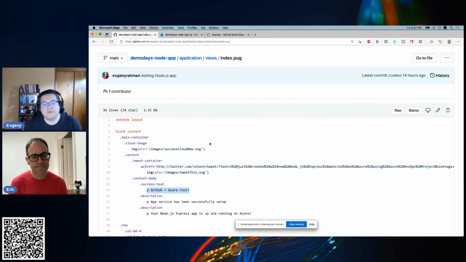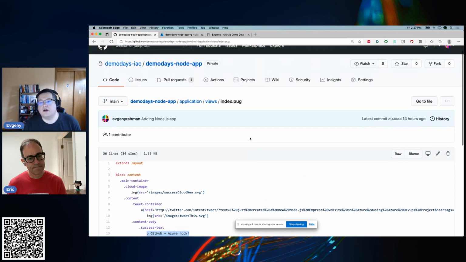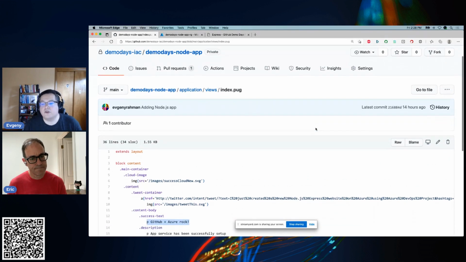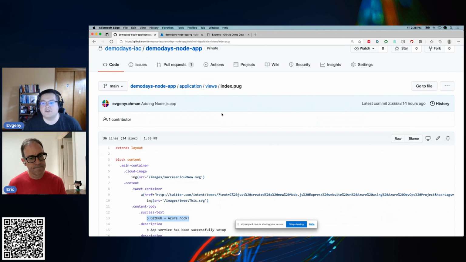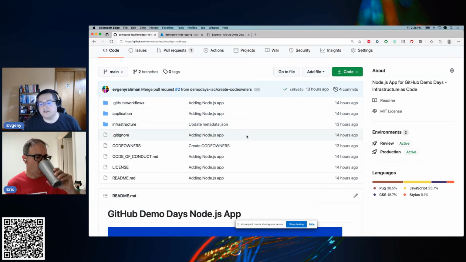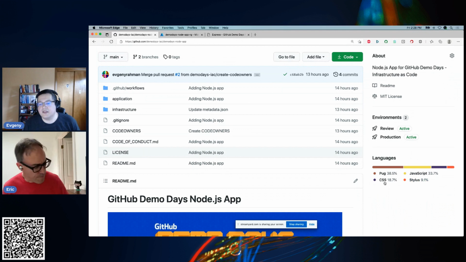We're making a change to our application. Imagine, when we make a change to github.com to add new functionality or new messaging, we would go through a flow somewhat similar to this, where a change is proposed through a pull request, and then a lot of automation magic happens to validate that and make sure that everything is working right before it is released to the developer community around the world in production. So, jumping back out of the application, because this really will be the major part of the application that we'll be touching.